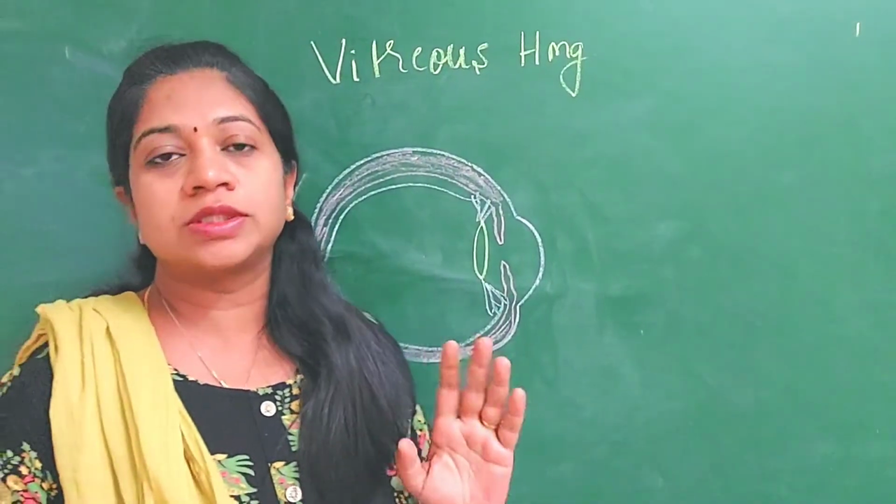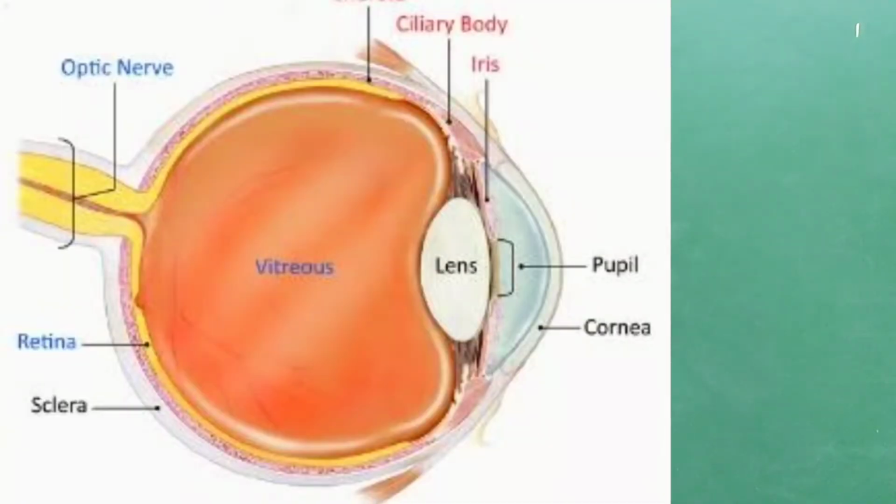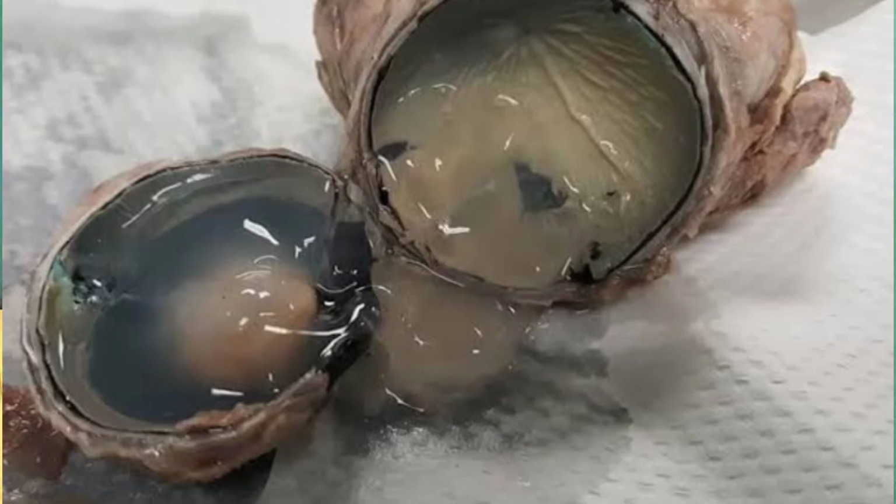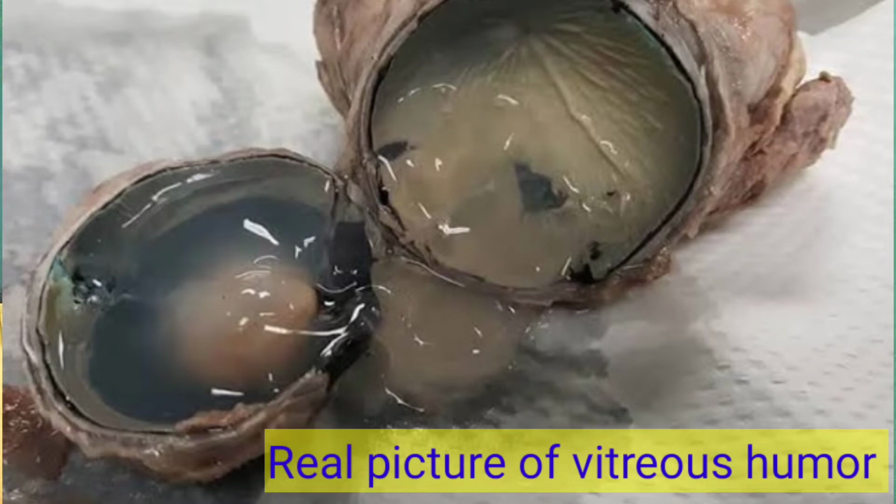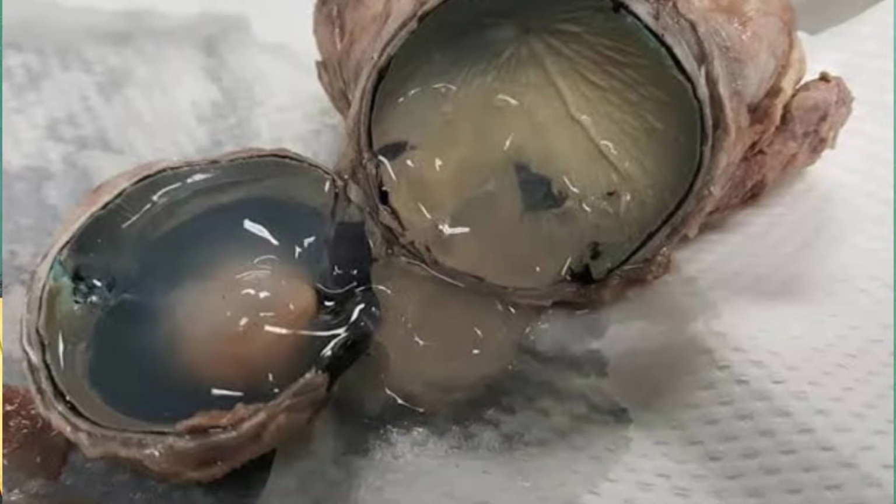Before going to the definition of vitreous hemorrhage, you should know the anatomy of the vitreous in brief. As you all know, this is the eyeball. The outer structure is the sclera, the middle one is the choroid, and the inner one is the retina. This part of the eyeball is filled with what is known as the vitreous. The vitreous is a gel-like structure which has 99% water content, and the 1% is made up of hyaluronic acid as well as collagen fibrils. That is the vitreous gel, and it is 4 ml in volume and constitutes around 80% of the volume of the eyeball.